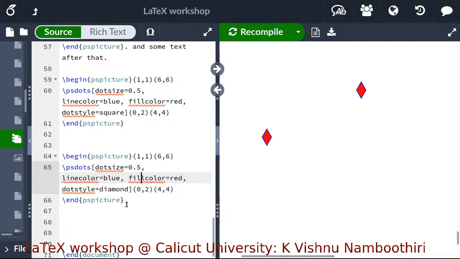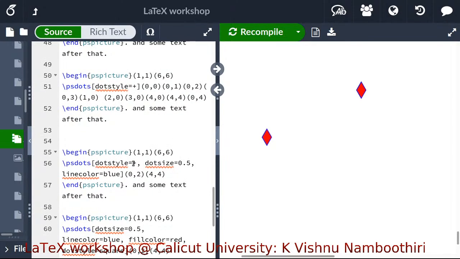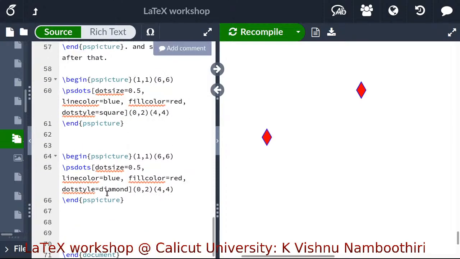Now the dots can actually be rotated also,